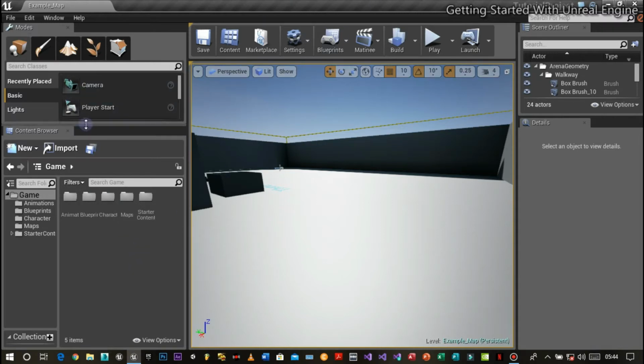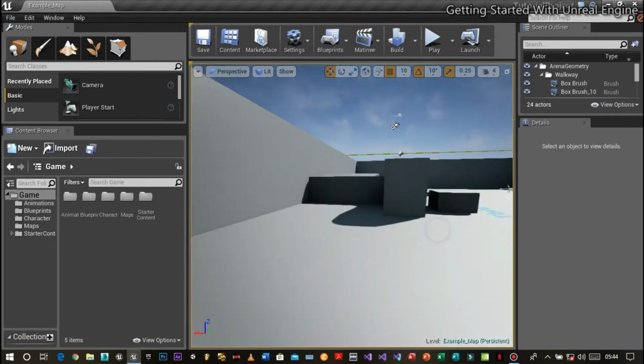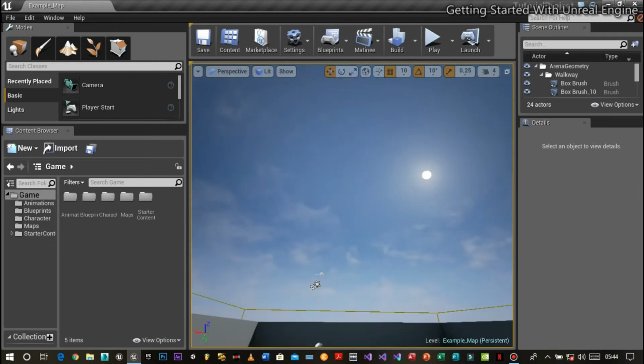In this project, we have different interface elements in Unreal Engine. We have the title bar. This is the title of the level, or you can call it the name of the level. This is an example map. The map is this screen here. Everything you see here is the map.